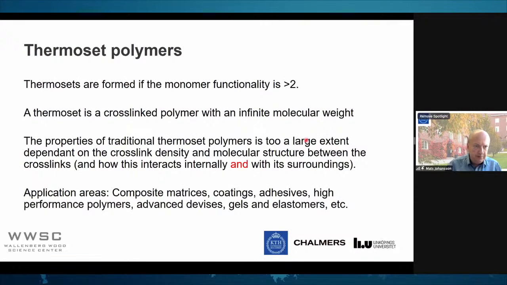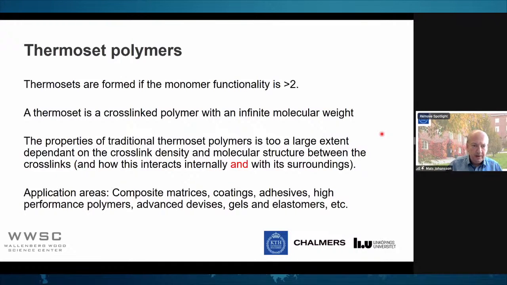So basically, if we start with thermoset polymers in general, you need to start with a monomer functionality more than 2. So when you polymerize it, you will obtain a crosslinked polymer. You'll form a network structure, and you'll have an infinite molecular weight. So it's basically one molecule. The properties of these thermosets will depend on different factors. One of them is the crosslink density, meaning how densely you connect all these molecules together. But also very important is how the polymer structure interacts both internally within the thermoset structure and